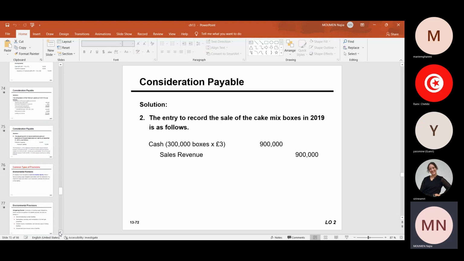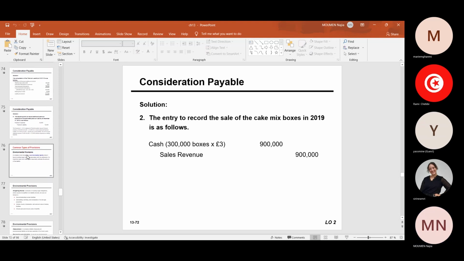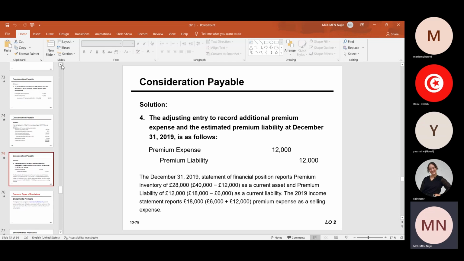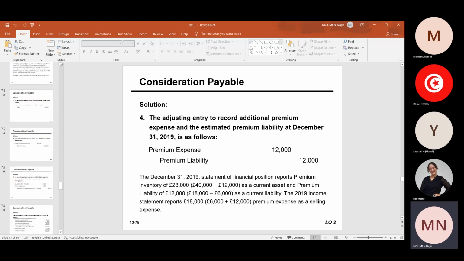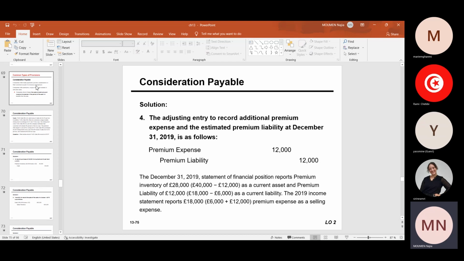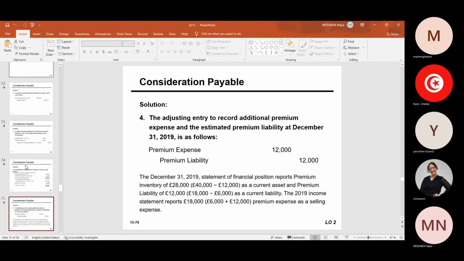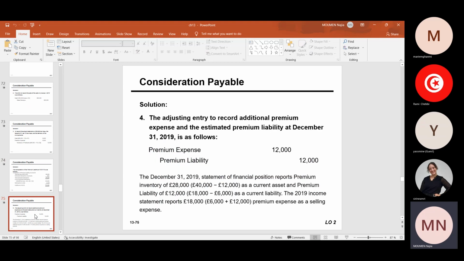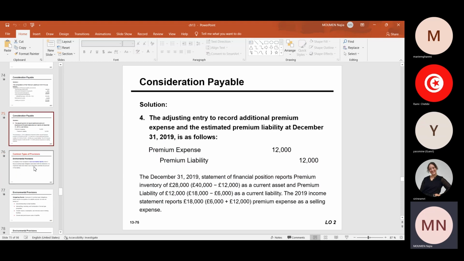Okay, so this is an issue that we should just outstep. So here, just to tell you that for consideration payable, it's not included. Okay. So now from 69 to 74. Okay. To 75. Yes. 275. Okay.